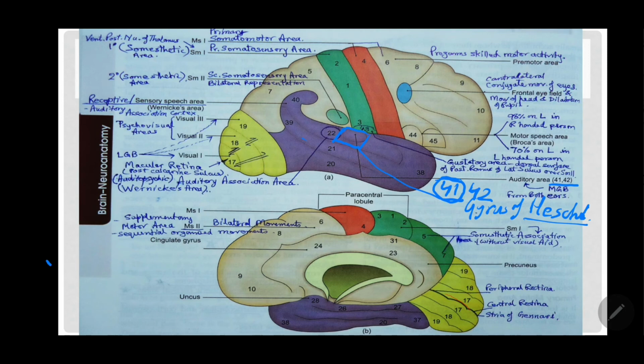The second order neurons, from the cochlear nerve nucleus, most of the fibers decussate to the opposite side and reach the superior olivary nucleus. But remember that a few of those fibers from the cochlear nerve relay into the ipsilateral superior olivary nucleus. So these are the second order neurons.